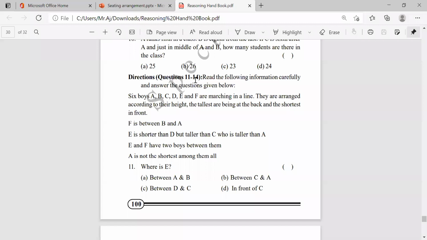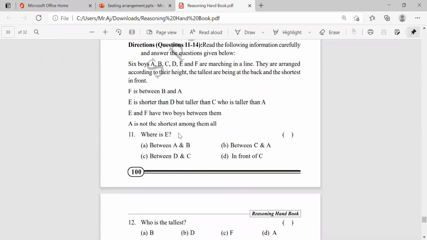So generally, whenever we find this seating arrangement in competitive exams, that may be a government job, that may be in software related competitive exams, we'll find it like this. They will give one data. Based on that data, they will ask at least 3 or 4 questions, maybe 5 questions also. So if you arrange the statements in a proper manner, then you will get answers for all 5 questions. But if you make a mistake, you will get all 5 questions wrong. Be careful here. Okay. Now read the question here.